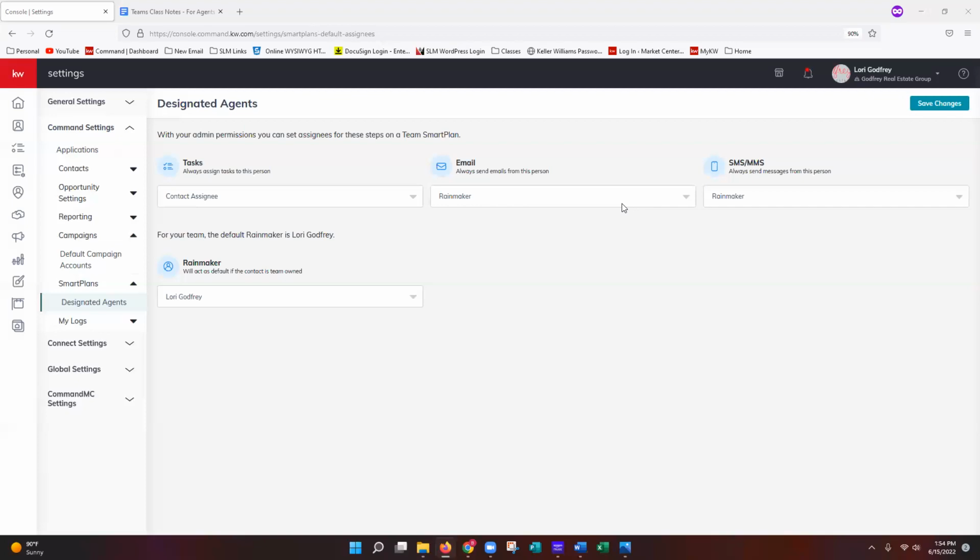So when it comes to email, if this is set up as Rainmaker, what this means is every single email that is sent out through smart plans is going to use the Rainmaker's command mail. Smart plans can only be utilized through command mail right now. Mailchimp is not an option. So smart plans would be sent out using the Rainmaker's command mail. Not only is it going to use the Rainmaker's allowance, but it's also going to brand the emails with the